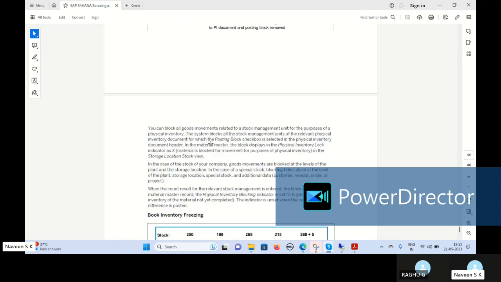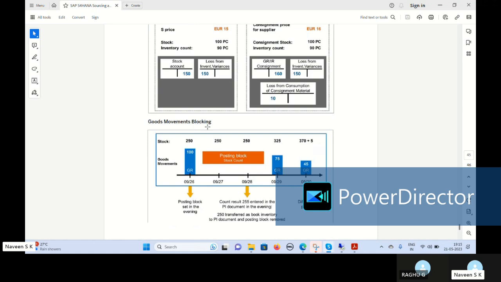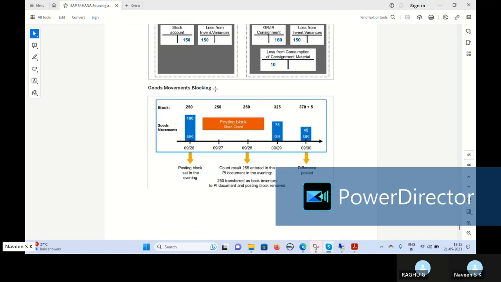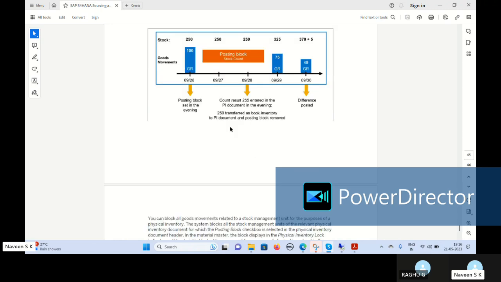In case of blocking, the system won't allow us to do any goods movement for the material for which I printed the physical inventory document. If I try to post a goods receipt, it won't allow it and gives an error. Also, if I try to issue the same material, it will throw an error. That is the goods movement blocking. This is one option available. The second option is